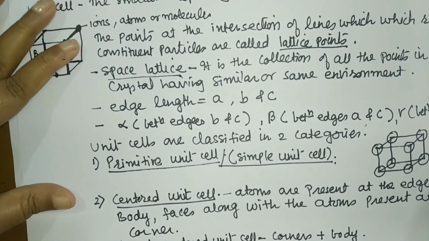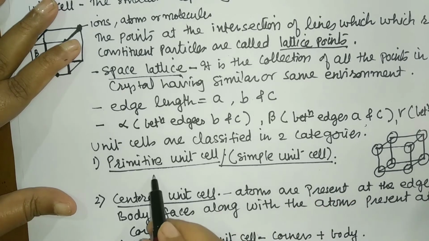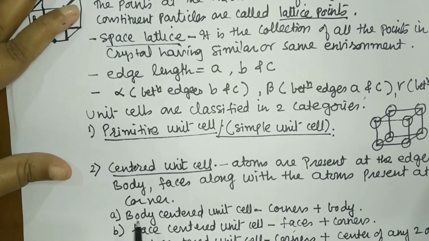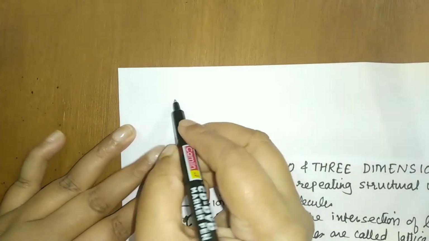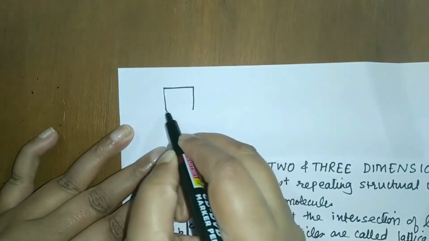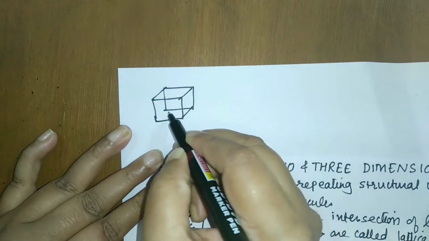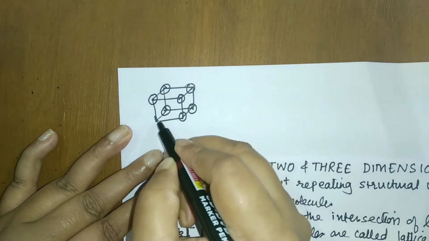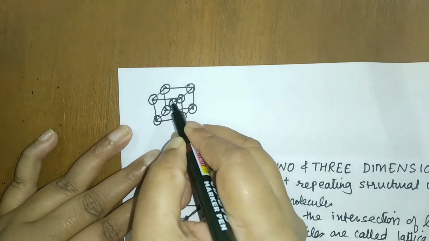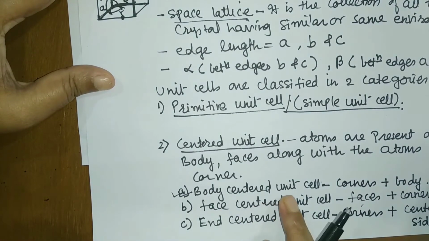Students, as I said, here the atoms are present only at the corner and that we call primitive unit cell. Next what we have discussed is centered unit cell. Here the first one is body centered unit cell. So I am showing how it looks. In body centered or BCC structure, the atoms other than corner. So I can draw the structure in this way. This is your unit cell. The atoms are present at the corner. Other than corner, an atom is present in the body. So this is your BCC structure, or you call it body centered unit cell.